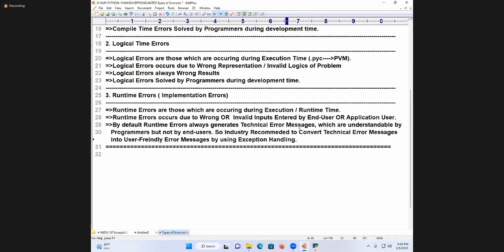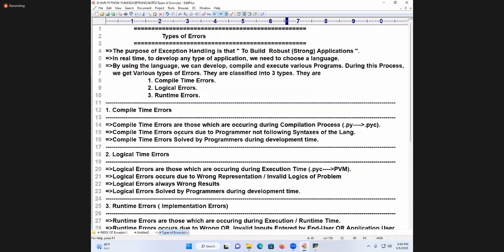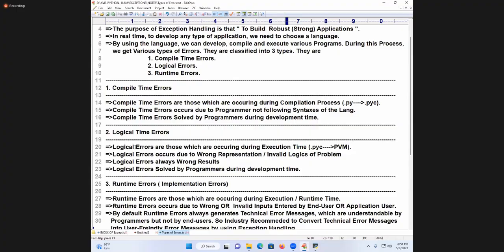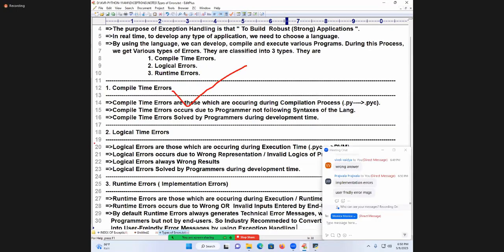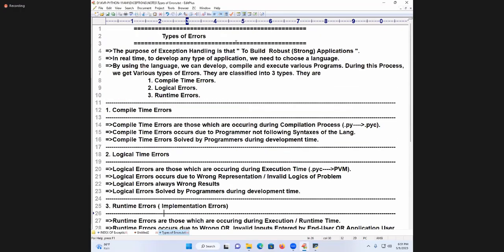Is it understandable? Right. This is about types of errors. Now, here you developed a complete application with no compile time errors and no logical errors. This is well and good. Now, the main important focus is on what? Runtime errors. Shall we start? Up to here, is there clarity? Online students, please confirm once. What is the use of exception handling? Giving an application with a user-friendly message is strong or weak?